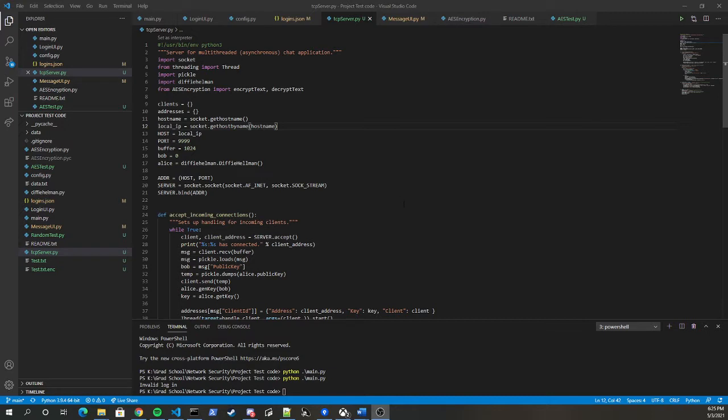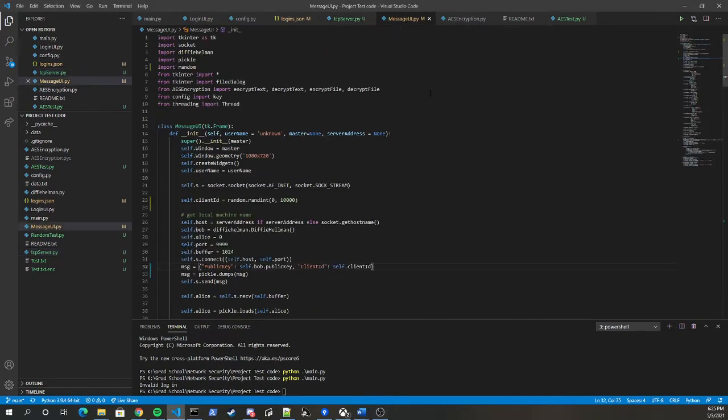It is used to later use that key for the AES encryption. This is the client side, where